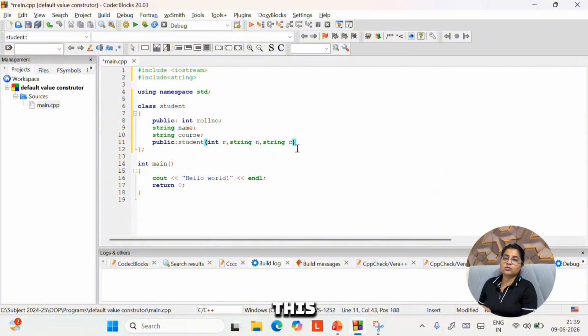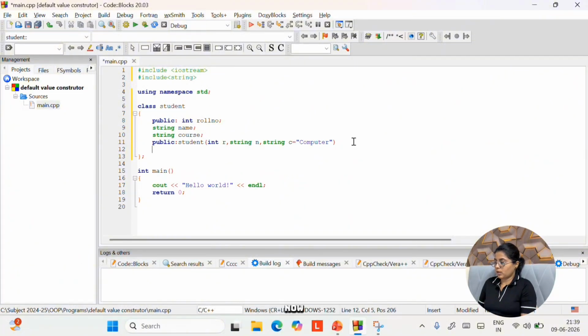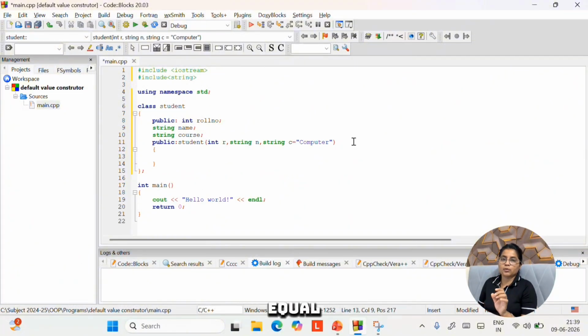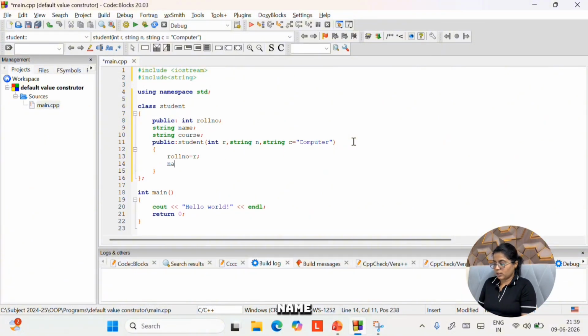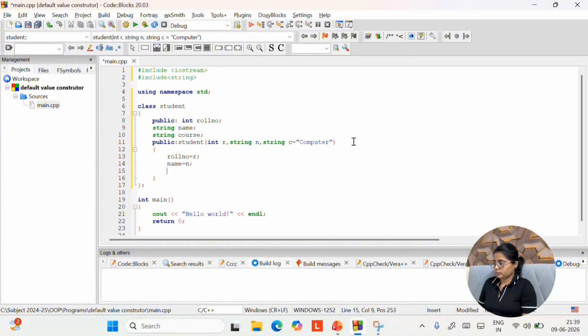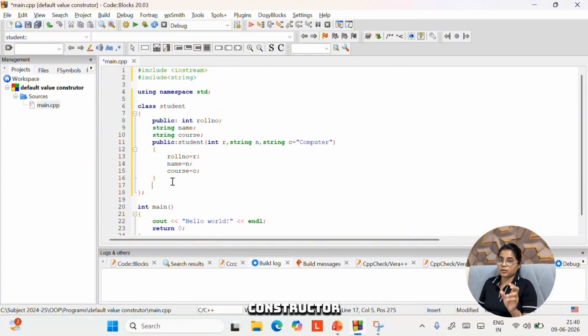Now I have to give this course a default value, and because this is a string, include it in double quotations. Now simple, class variable equal to constructor variable: roll number equal to R, name equal to N, course equal to C. So this is our constructor code.